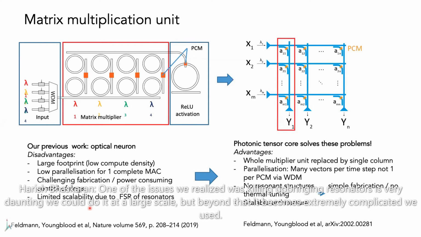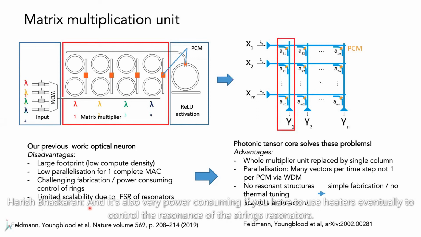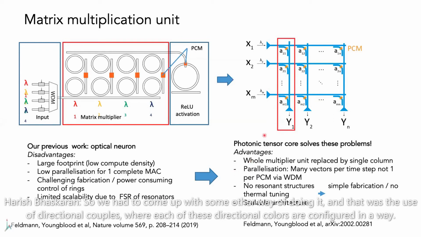One of the issues we realized was that scaling up ring resonators is very daunting. We could do it at a lab scale, but beyond that, it becomes extremely complicated. We started using commercial fabs in order to scale it up, and we found that the ring resonator FSRs do not really match, and there's limited scalability. It's also very power consuming if you have to use heaters eventually to control the resonances of these ring resonators. So we had to come up with some other way of doing it,